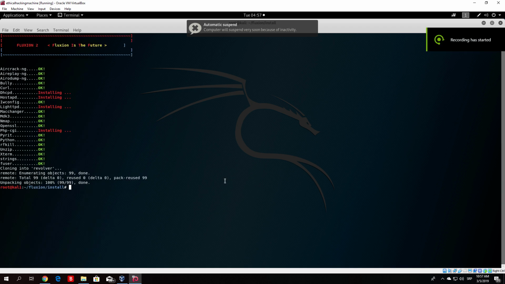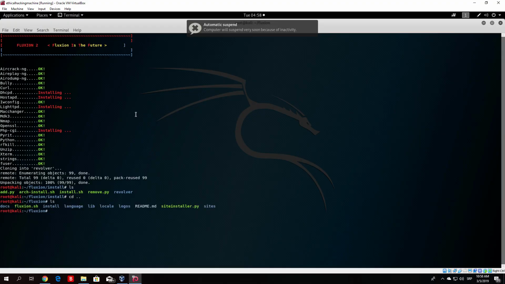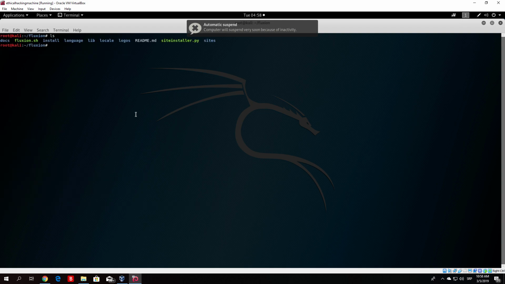So here it is, the process of installation of Fluxion has finished for me. As we can see right here, it had to install several things in order to make this program work. It probably took a lot faster for you to finish this, since I had a bunch of packages that should have been installed on my Kali machine. But once this finishes, you're basically good to go, and we can just go back one directory. Let me just clear the screen and type ls once again. All you need to do right now is run fluxion.sh. So we do that with bash fluxion.sh,